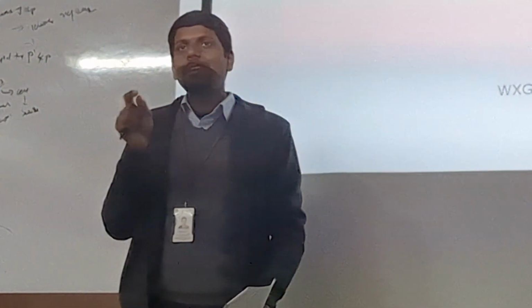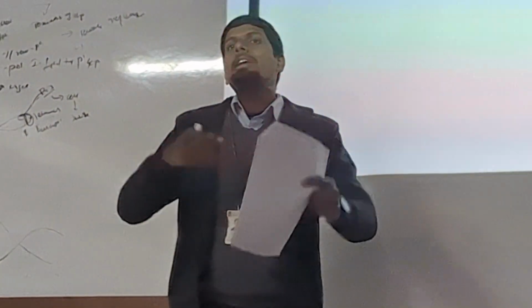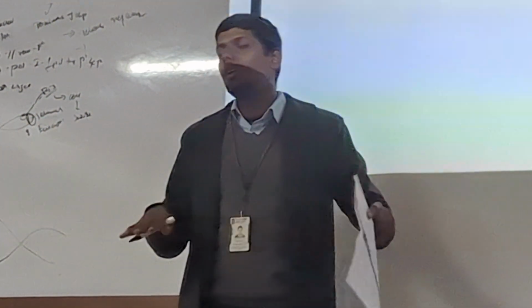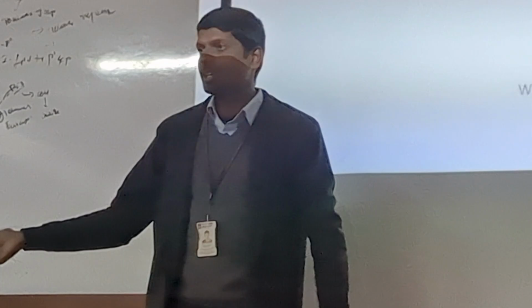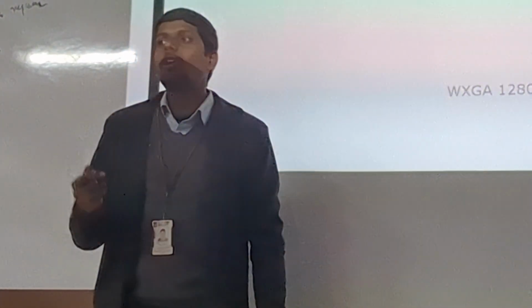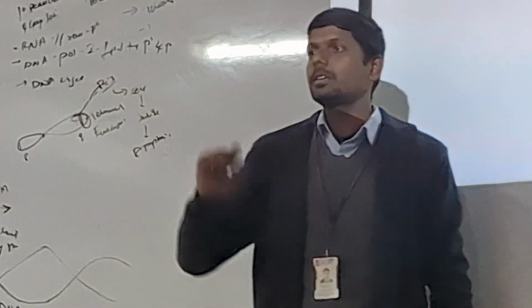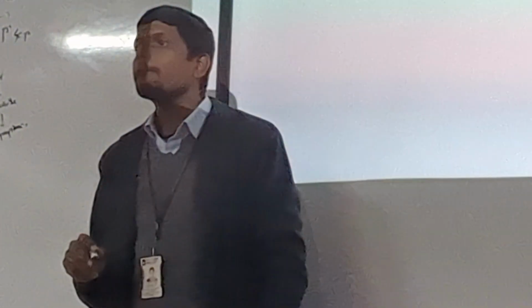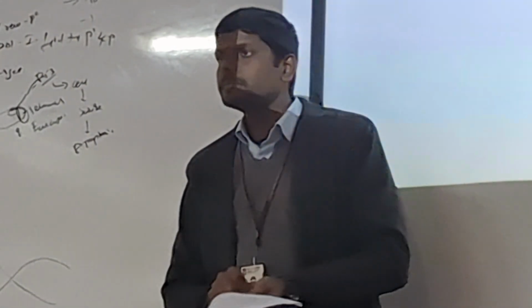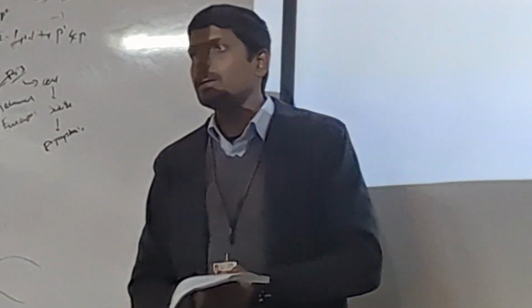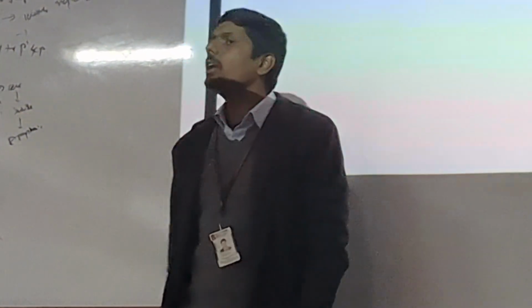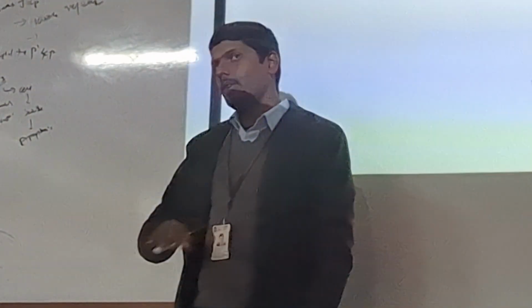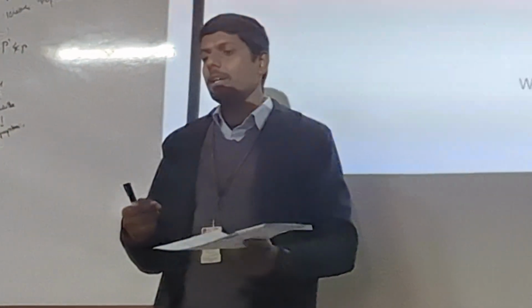Once the telomere is gone, P53 will give a signal to undergo senescence. Senescence means the cell won't divide further. That is called programmed cell death, or apoptosis. The apoptosis signal will be given by the cell. Programmed cell death, or apoptosis. Once the telomere is gone, it will undergo apoptosis, so they will destroy. So the body has an inbuilt mechanism to